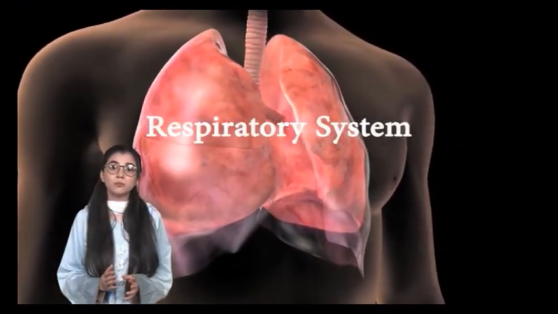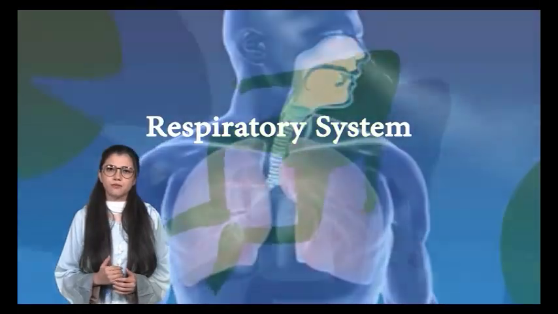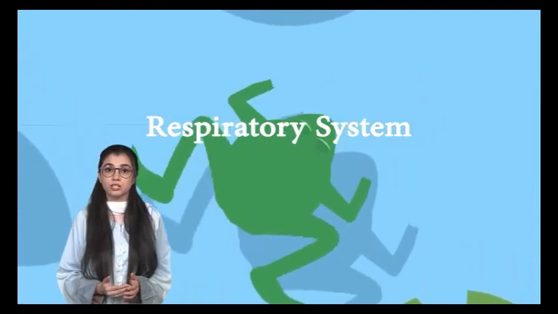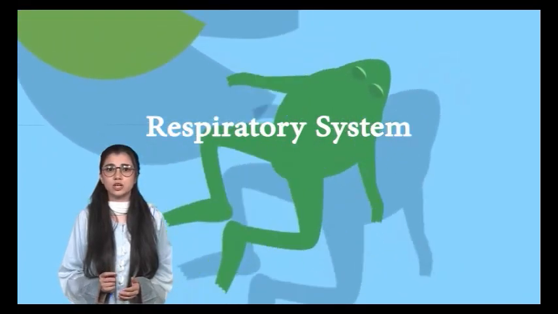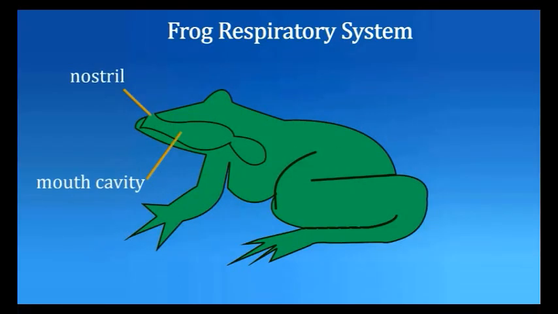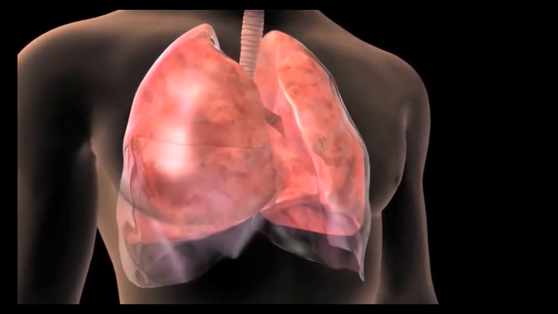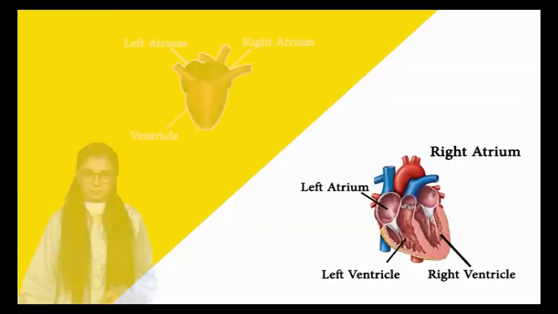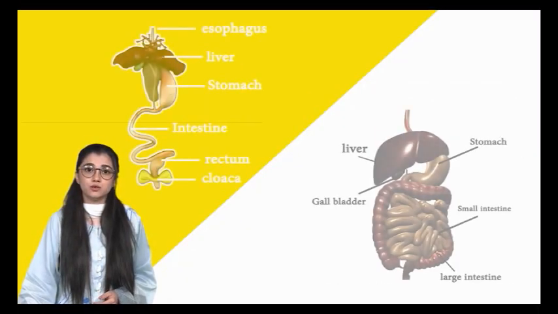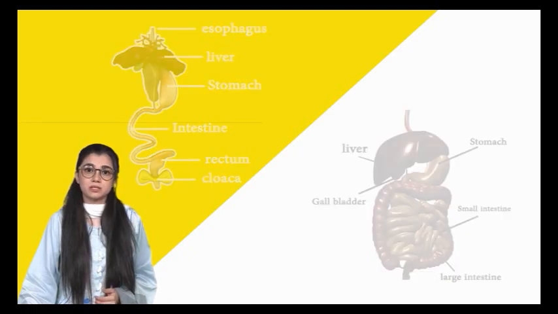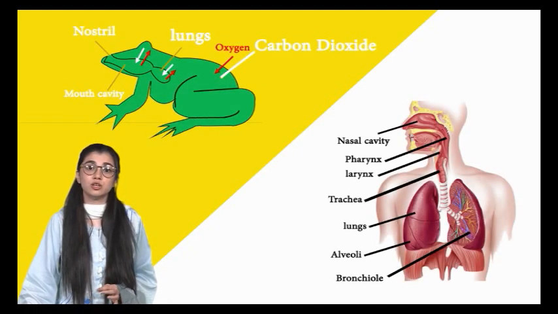Now, the third common system is the respiratory system. The frog has three respiratory surfaces on its body that are used to exchange gas with the surroundings: in the skin, in the lungs, and on the linings of the mouth. The human respiratory system is a series of organs responsible for taking in oxygen and expelling carbon dioxide. Now we can understand why we use frogs for dissection as an experimental exercise, to get live knowledge to learn human systems. Let's start a virtual frog dissection.